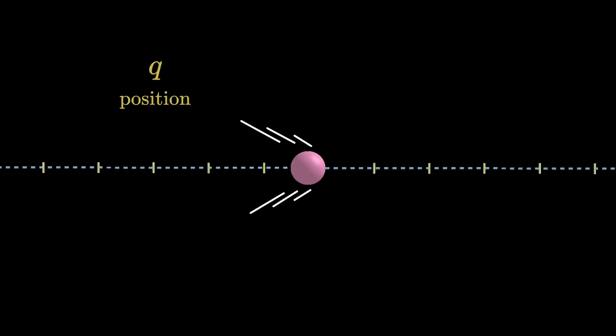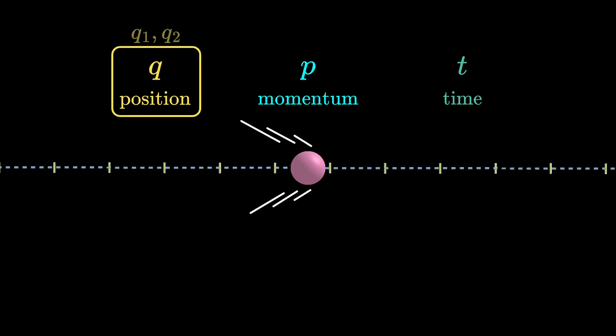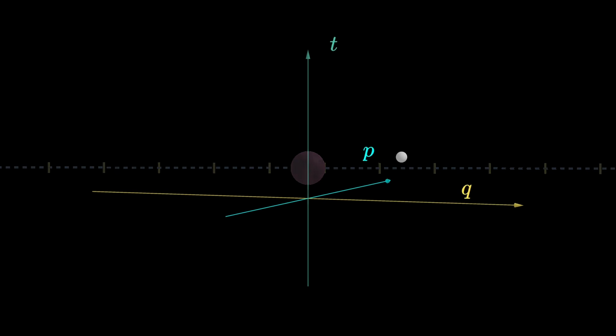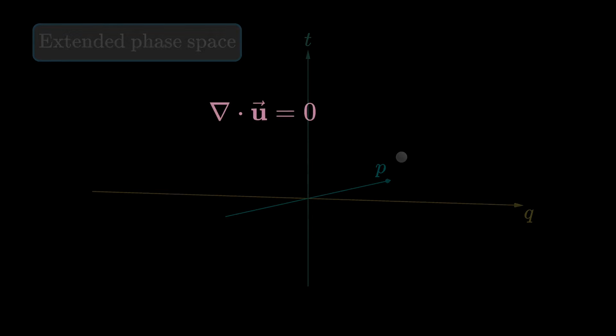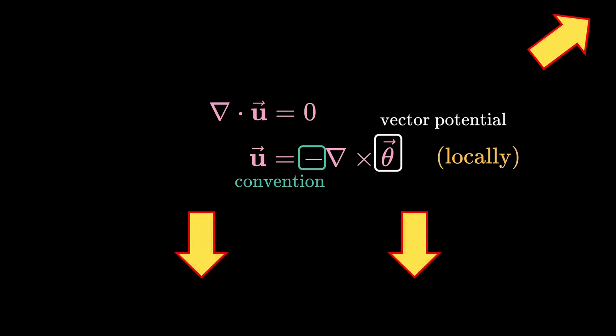Now, everything we have done so far is only applicable to motion in one dimension. If we are describing, say, a two-dimensional motion, then there should be two coordinates to describe the position, and two coordinates to describe momentum in different directions. And the extended phase space would be 5-dimensional. In 5 dimensions, we wouldn't be able to use curl. For the higher dimensional case, I've made a second channel video for that.